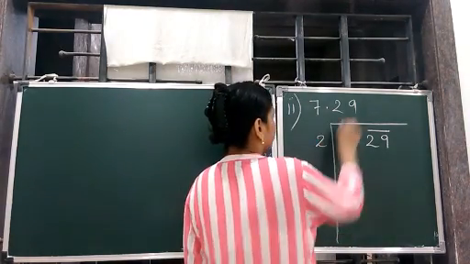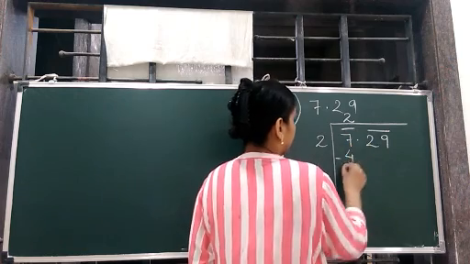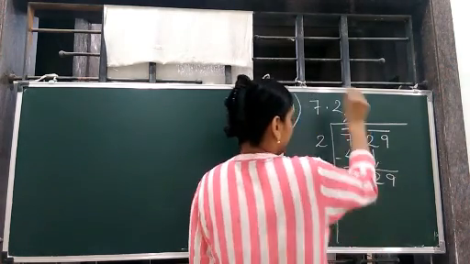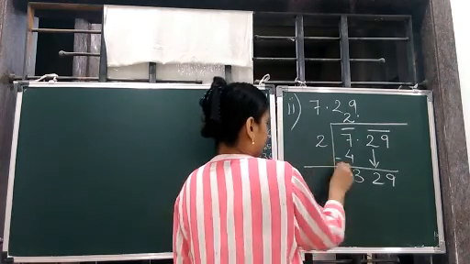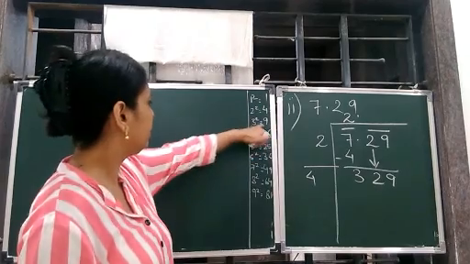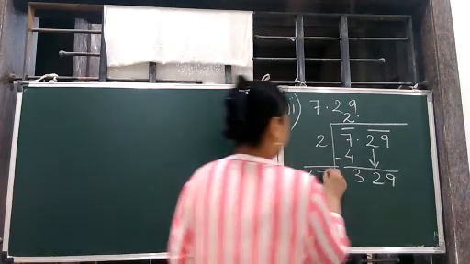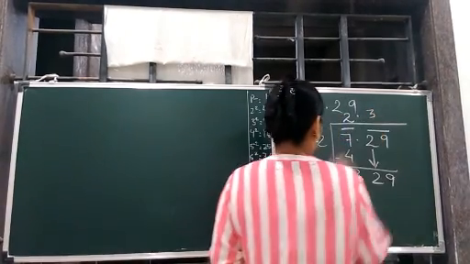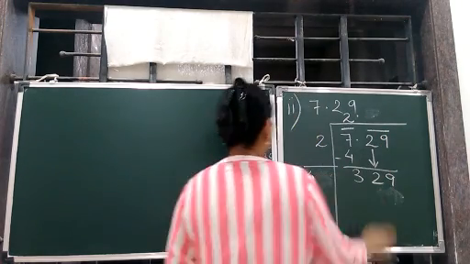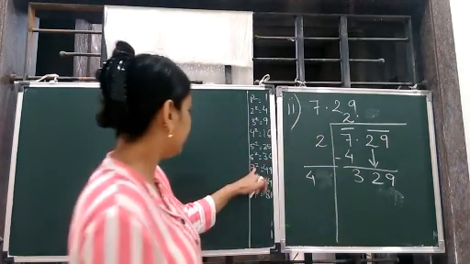So this will be 2, 2 2s are 4, 3 comes down, 29 comes down, decimal is there, decimal goes up. Okay, now this is double, 4. Now we check by 3. 3 3s are 9, very small. It will be 129, very small. So we go to the next, 7.